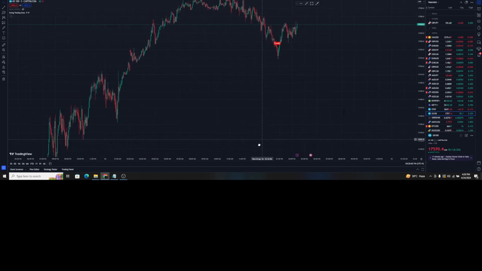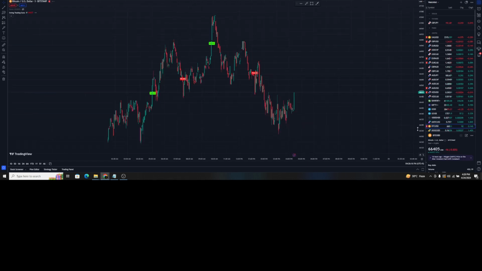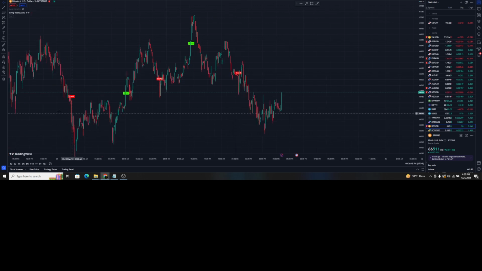This is the indicator that provides you swing rides. You can see bullish successful, bearish unsuccessful, but bullish was very successful. So if you have lost something on one signal, you can cover it from the next signal. Let's have a look at Bitcoin. Bearish worked, bullish didn't work, and this bearish worked. So overall, the indicator is showing us perfection.